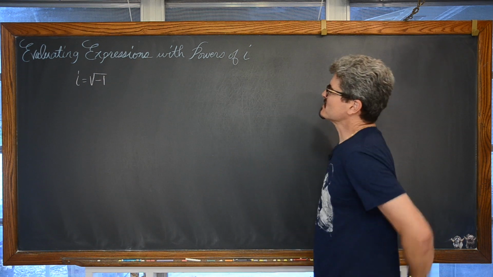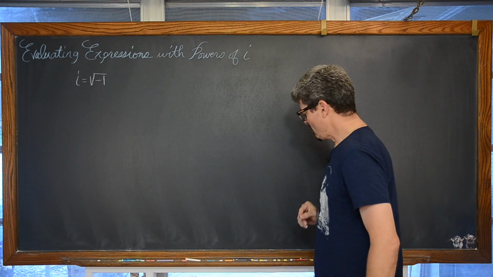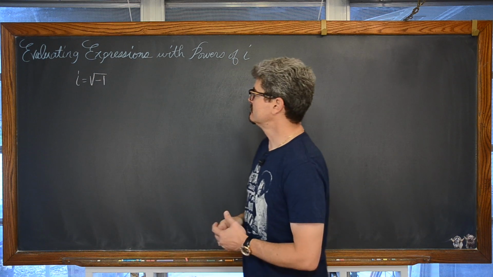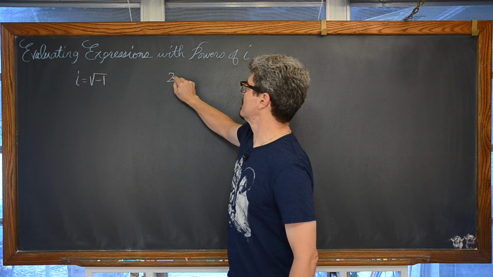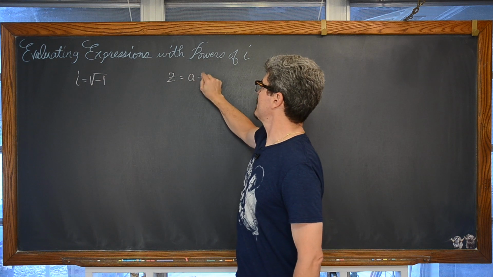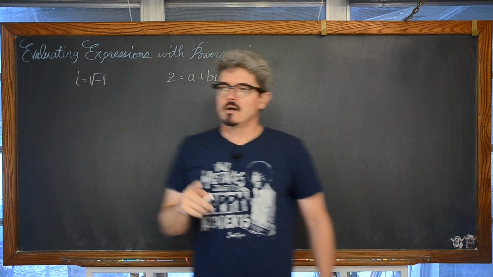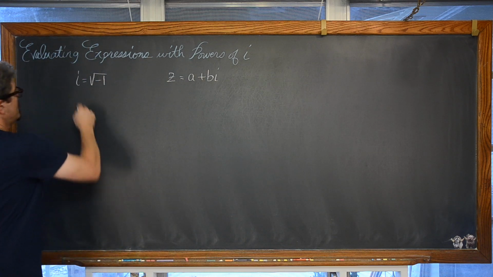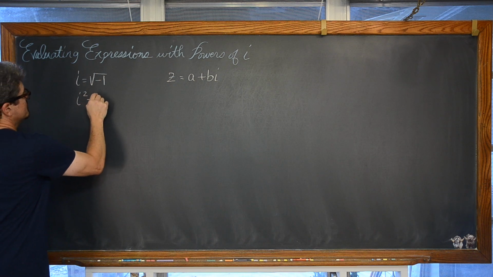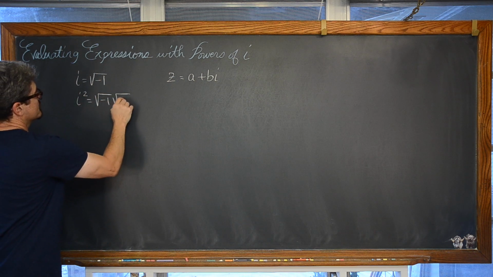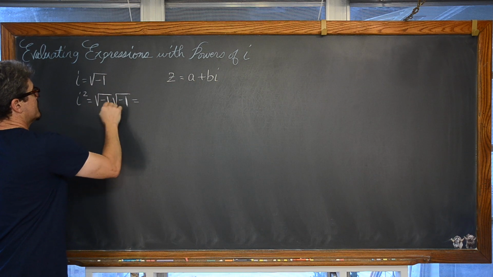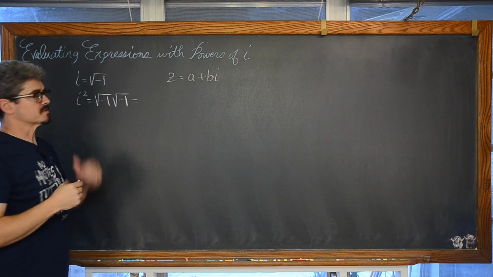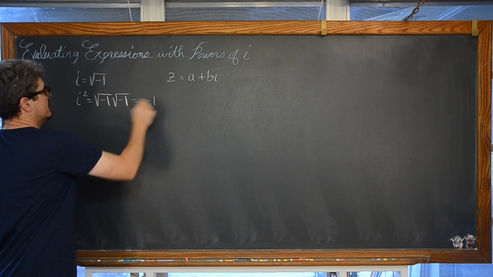So, evaluating expressions with powers of i. Well, we have that i is equal to the square root of -1 by definition. It is basically part of your complex numbers where there is a real term and an imaginary term. If we're told that by definition i is equal to the square root of -1, then i squared is equal to the square root of -1 times the square root of -1. And we know that if we square a square root, those are inverse math operations, and you just get what's on the inside. So i squared is equal to -1.